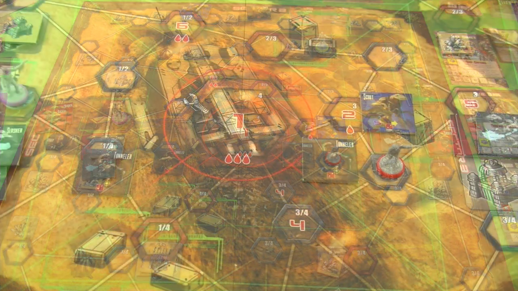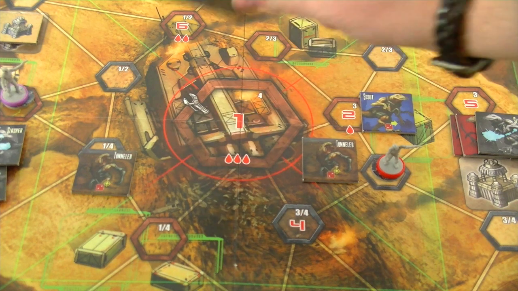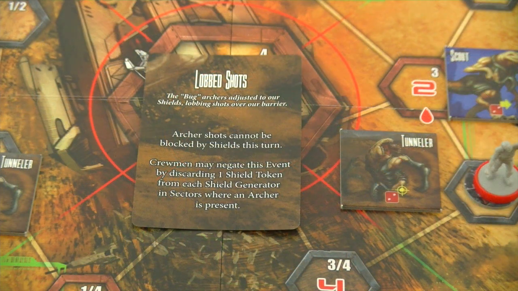pretty soon. But let's start our new round with our event card, and here we have the lobbed shots. The bug archers adjusted to our shields, lobbing shots over our barrier. Archers cannot be blocked by shields this turn. Awesome. Crewmen may negate this event by discarding one shield token from each shield generator in sectors where an archer